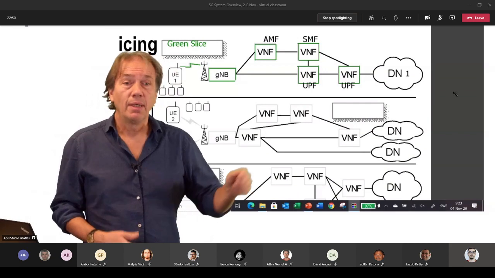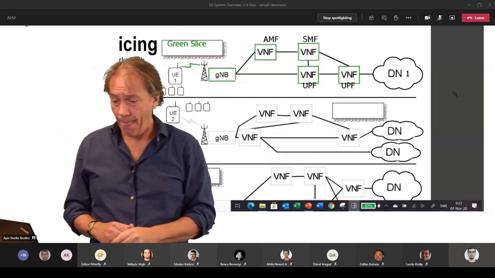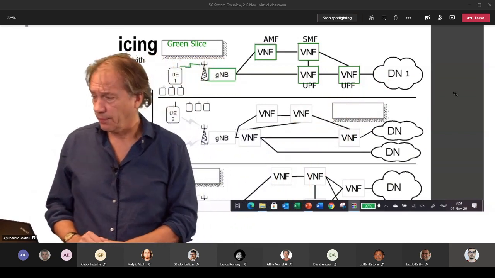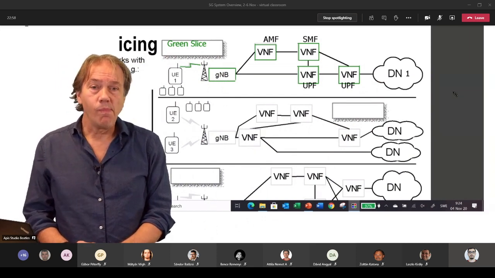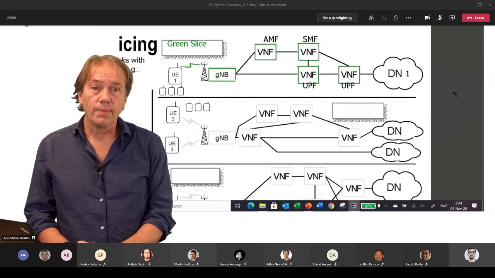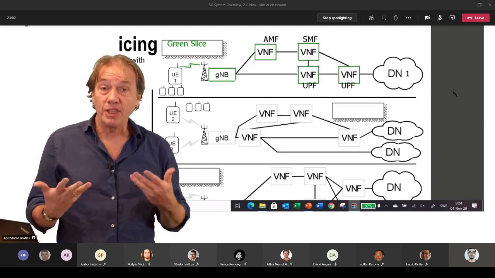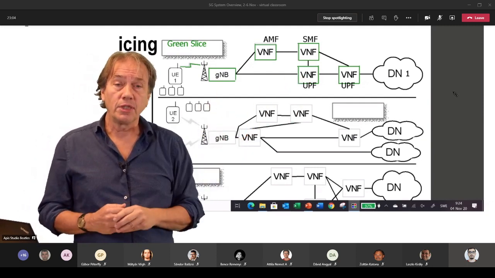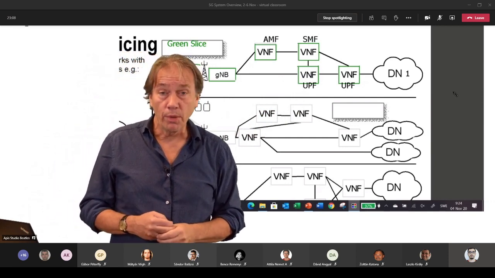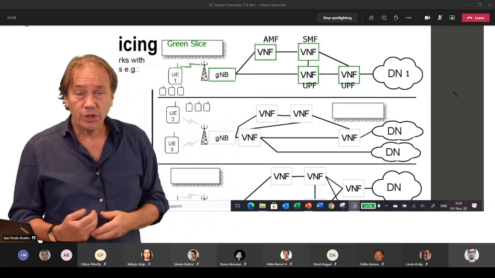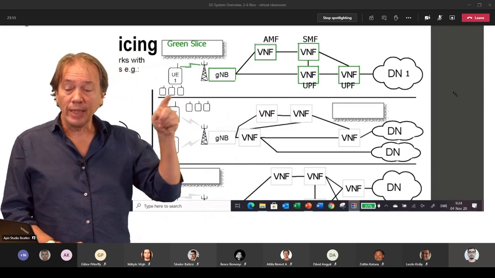But in this example, there's only one data network here. Maybe this is a network slice for eMBB, Enhanced Mobile Broadband Services, which would probably make these UEs